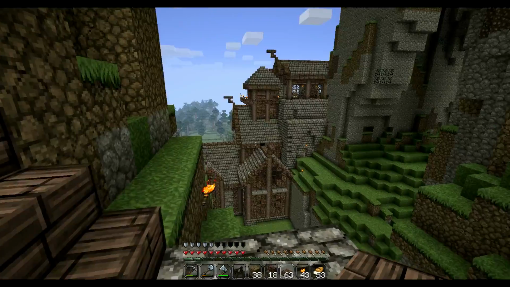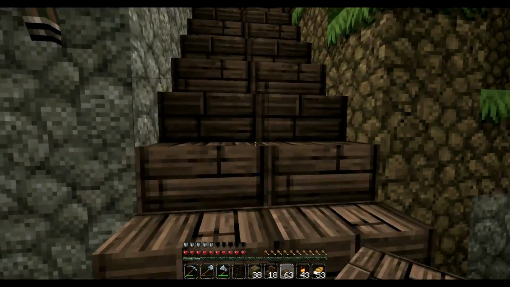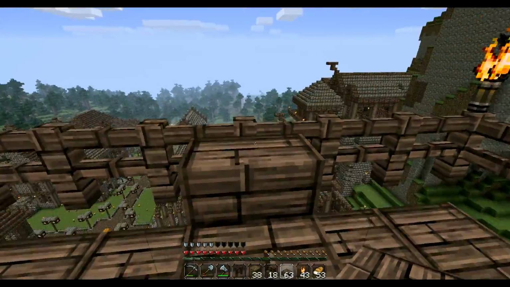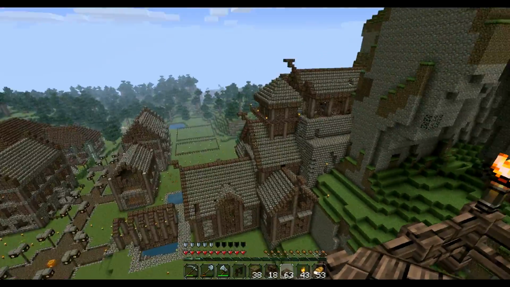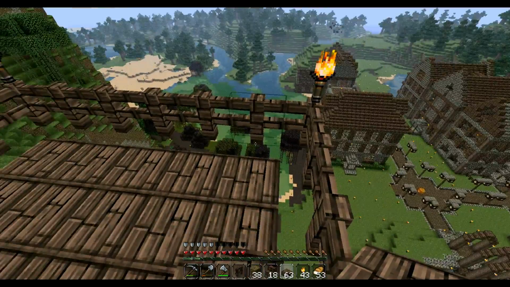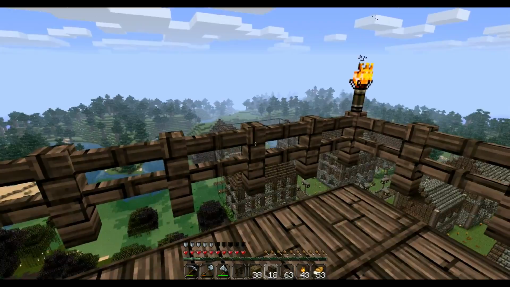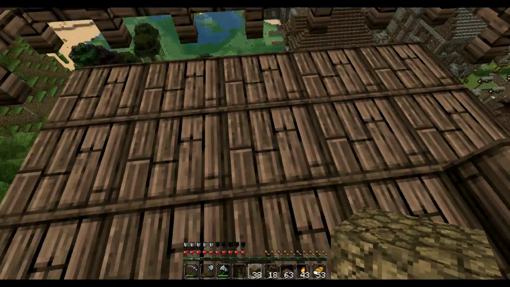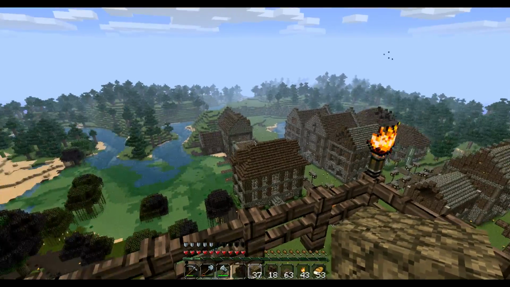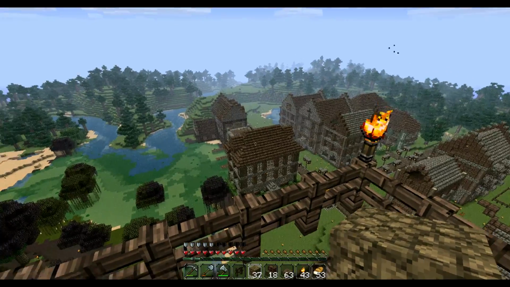Okay, there's a nice view of the castle. Nice side view of it. Head up to the little lookout. And there's the town and the new house you can't see very well because there's a torch in the way. Let me set up another block of dirt. There we go. So there's the three new buildings. I don't know what to call this one, but there's the...